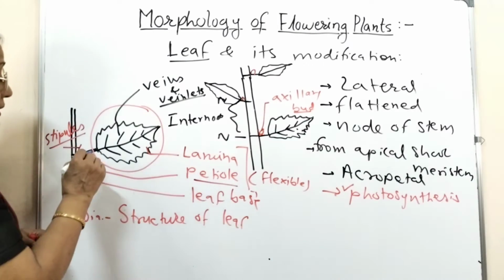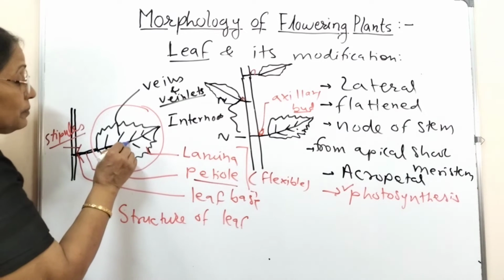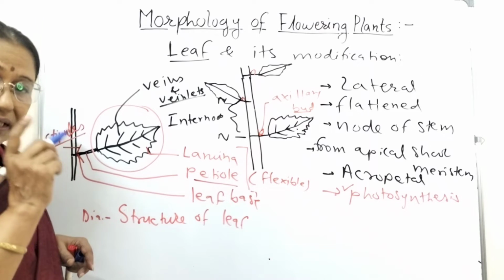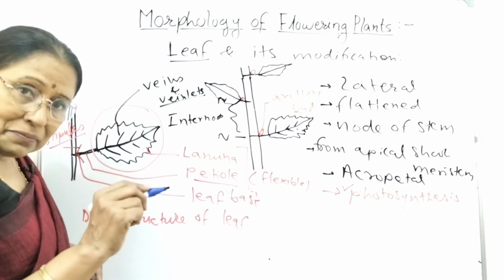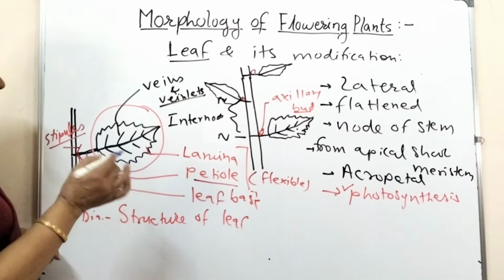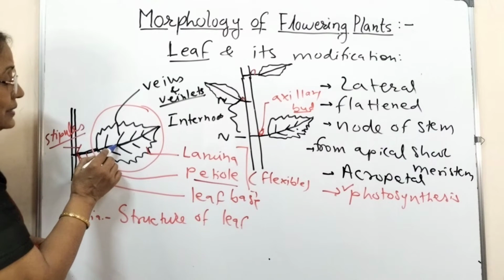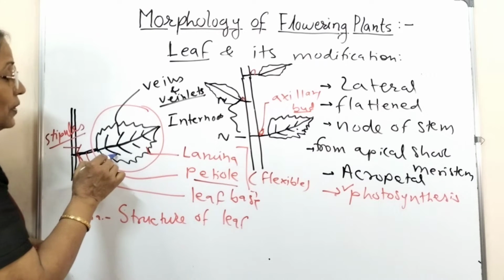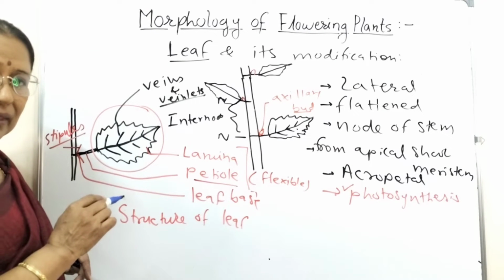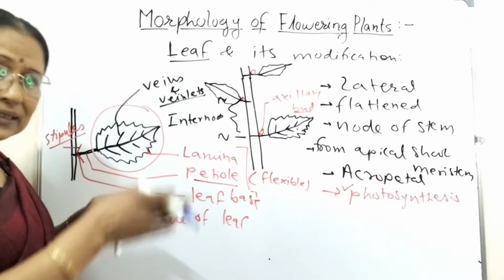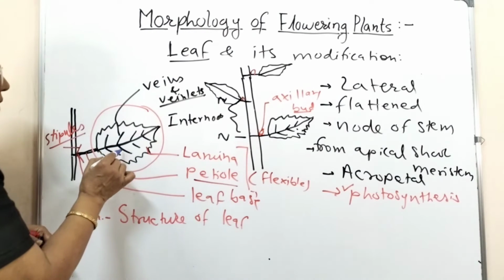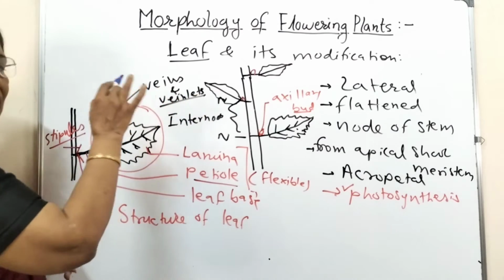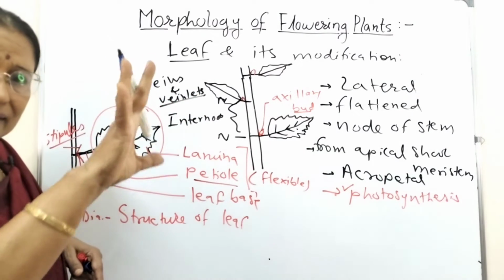Generally there is one prominent midrib, more prominent than the others. In dicots, the other branches come out from this main original one. In monocots, all the others are parallel, and then further it is branched, so that